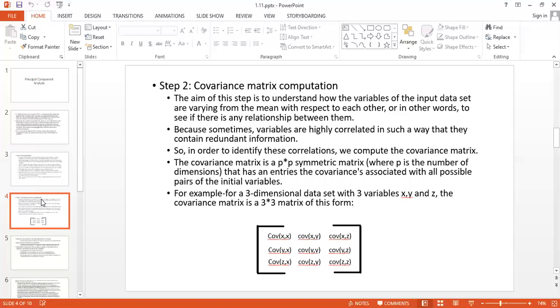Now suppose we are having the variables like x, y, and z. x, y, and z are the values of one data set having three variables. Likewise, you can take any number of variables in your data set, and for every variable in the data set you have to calculate the covariance between one another. Now how is it calculated? So covariance of x, x, covariance of x, y, covariance of x, z. Then check y's relation with all three variables. Then check z's relation with all three variables. By using this, you can form a covariance matrix of three variables. So the matrix will be of 3 by 3.